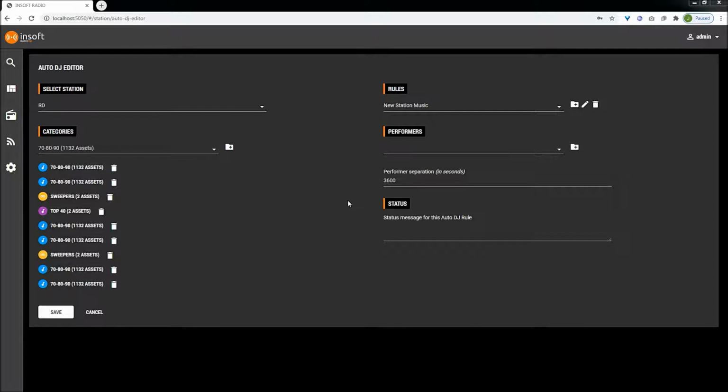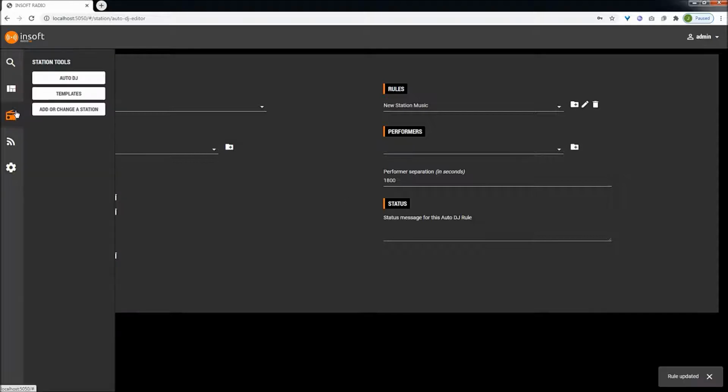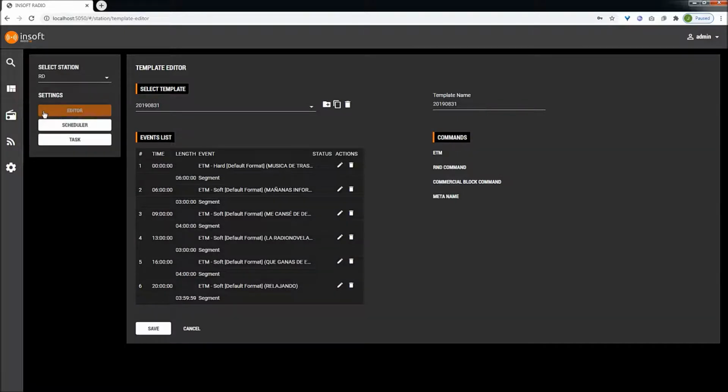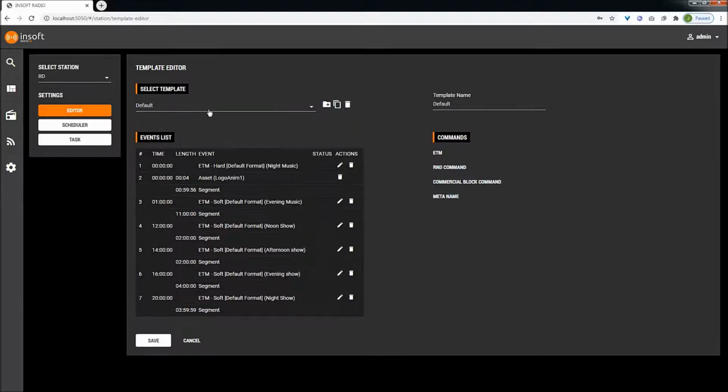So now we're going to apply this new clock to one of the log templates so that it will work on a specific day part. So we can come here to the template editor. We can select the default template, or we can clone it, and let's rename it as Monday template. Let's click save now, and now this new template has been saved,